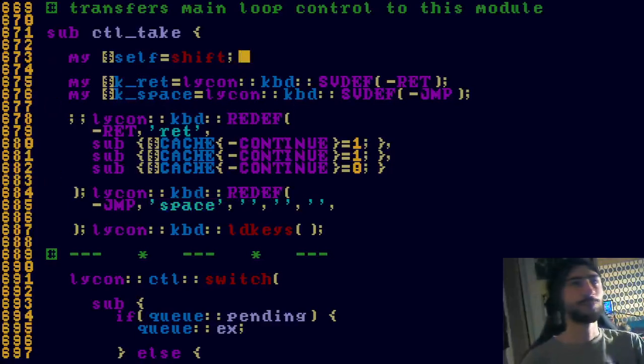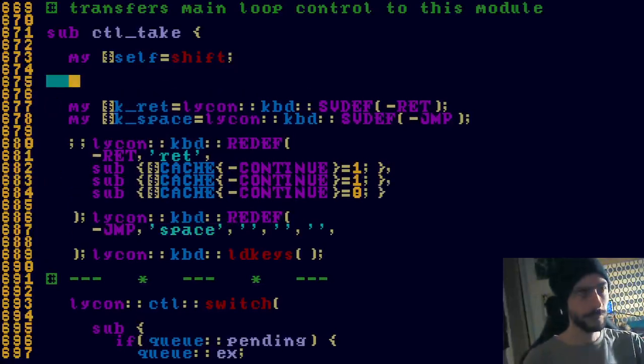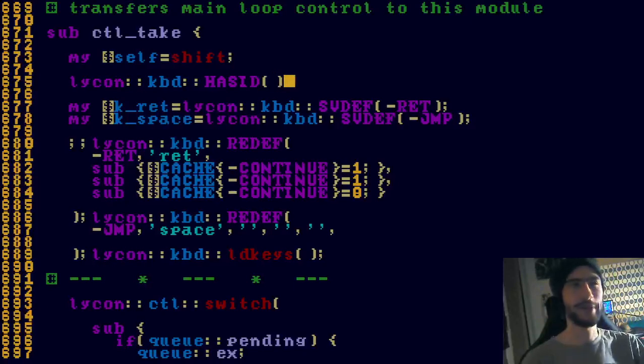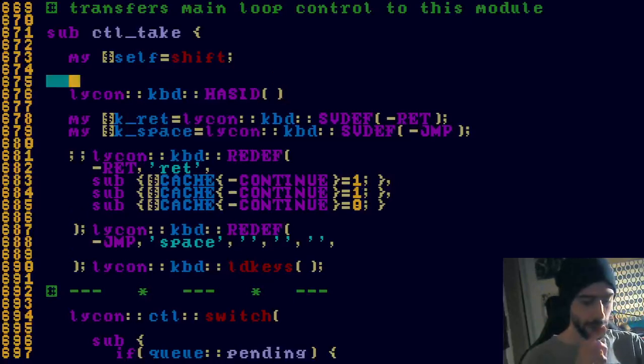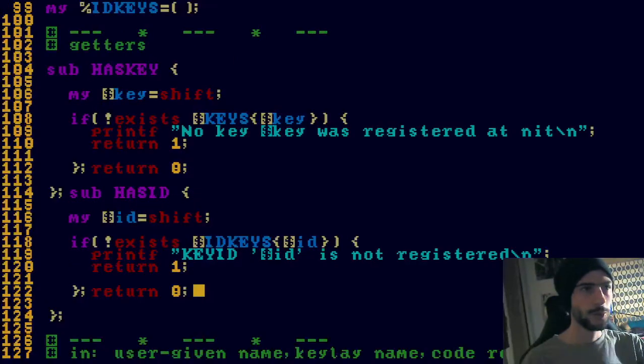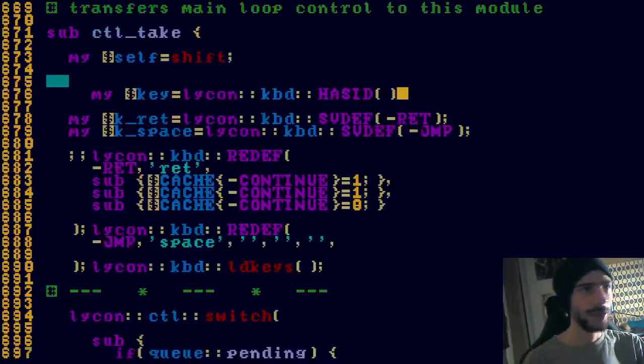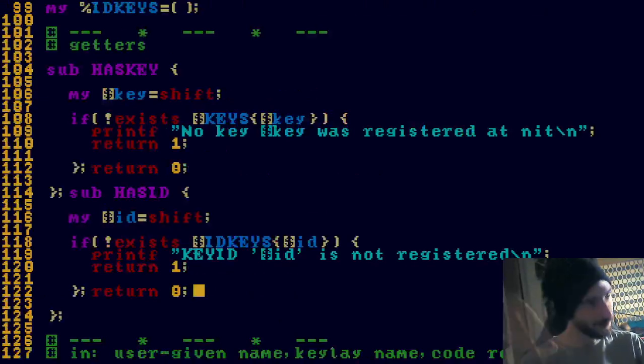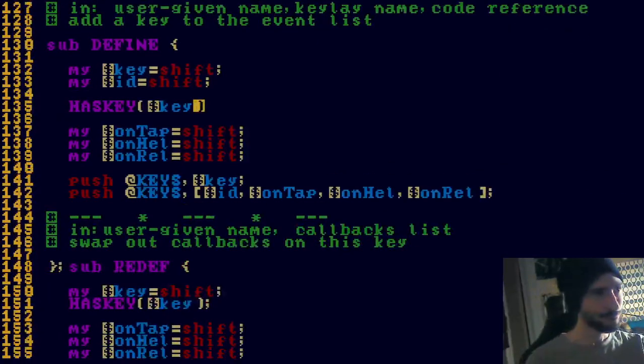What we could do is simply say Lycon keyboard ACID, and we want to repeat this for every key that we need, right? So the keys that we need, what I'm gonna do, I'm sorry if I'm not making much sense, but I'm thinking as I go. But anyhow, what we have to do